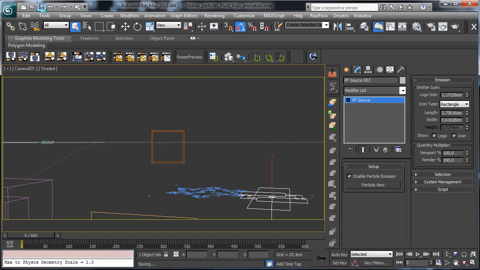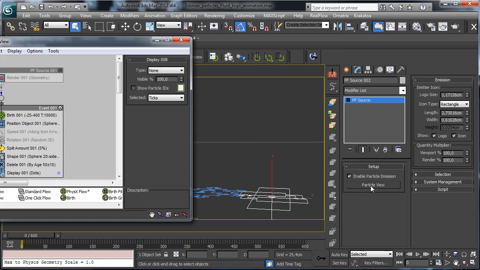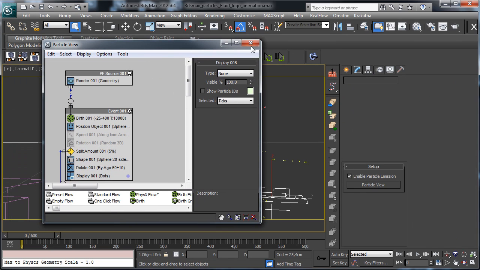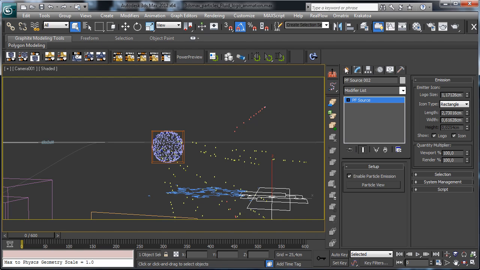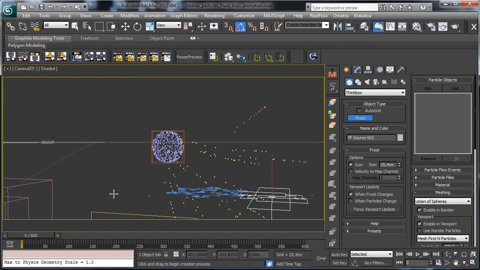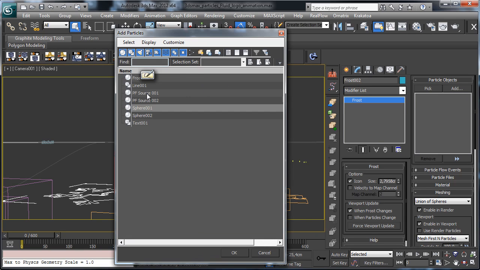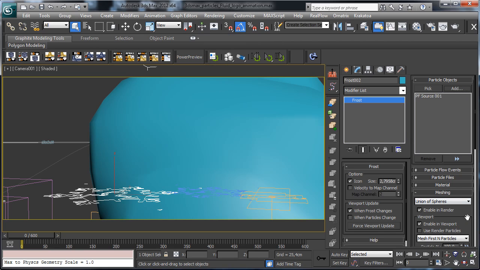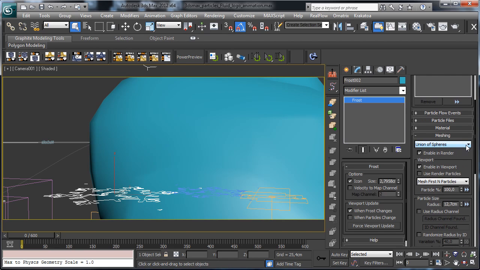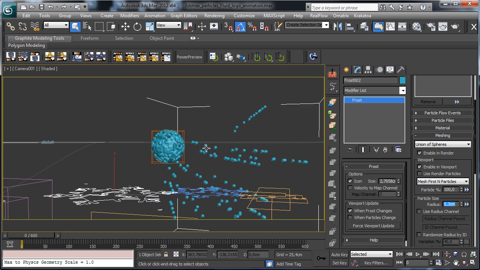Then back and save to be sure, and we have to set again visible this one, and we can set another frost. This one will be really heavy because we have a lot of particles, and add particle flow source 1, and for this one maybe it is better to use just the union of spheres. So let's go to have maybe 0.3. Okay, so we have the particles there,